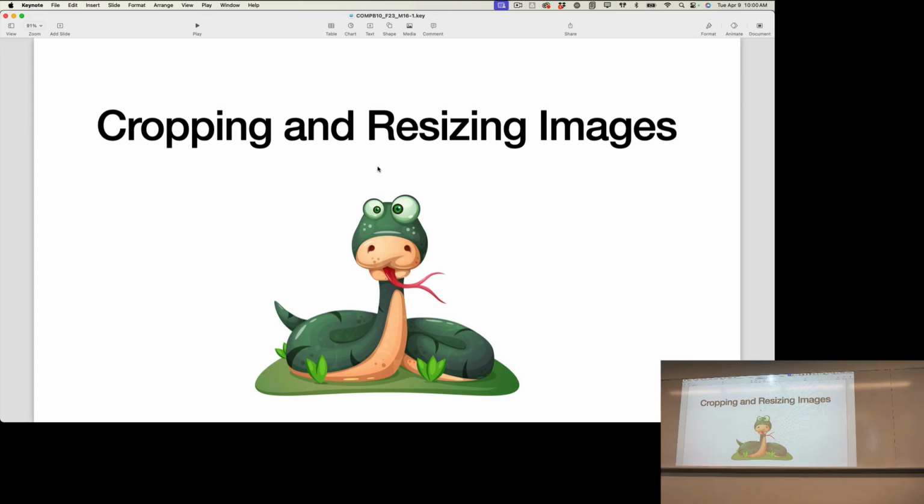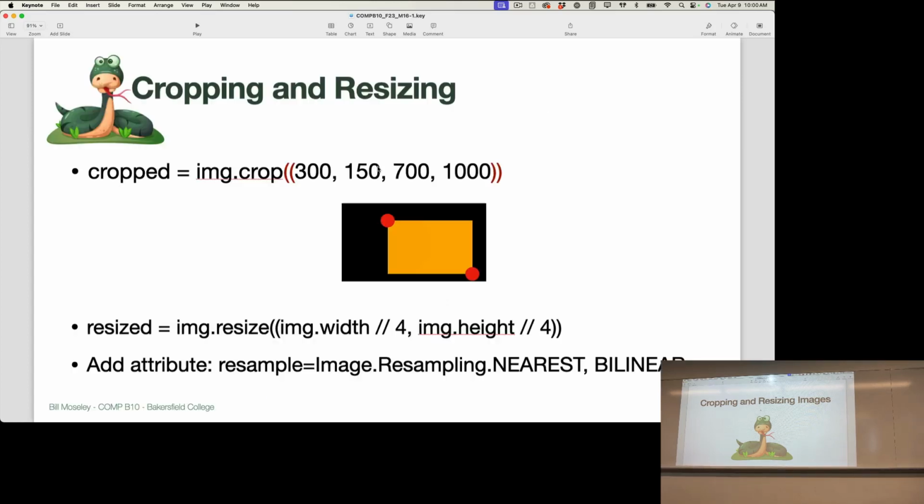We can use that to crop and resize images. So an image crop is actually cutting part of an image out. If the orange rectangle here is the cropped part of the image, what I have to do is give the crop method